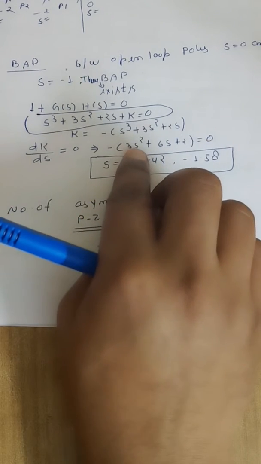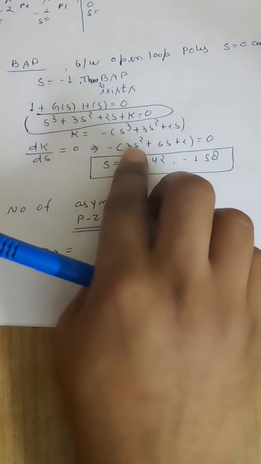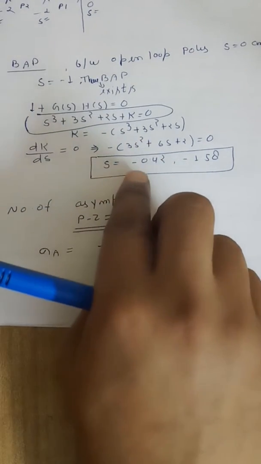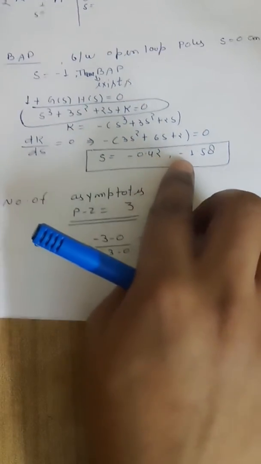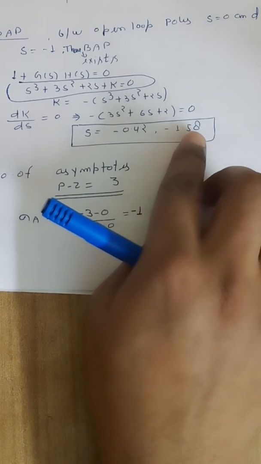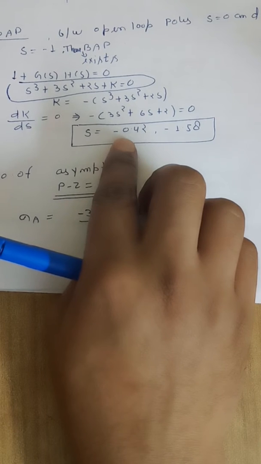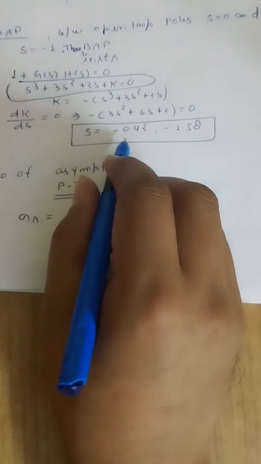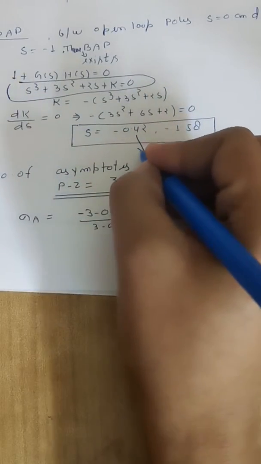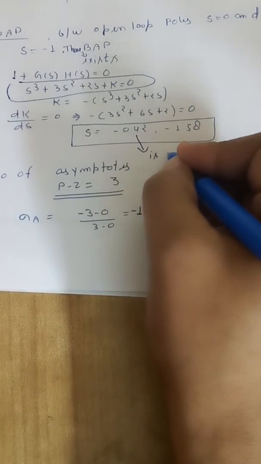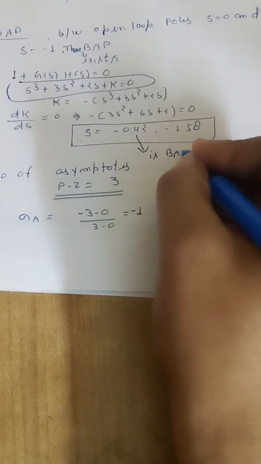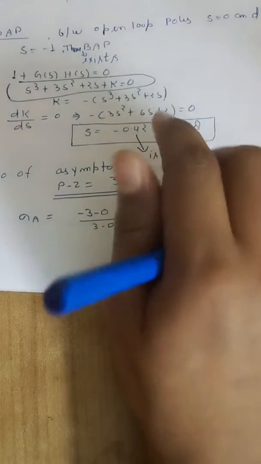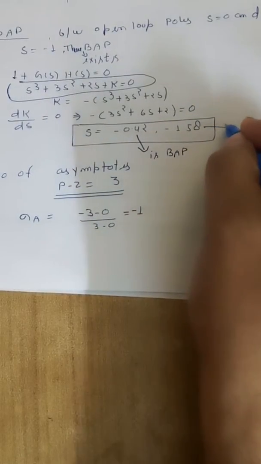यहाँ से आपको s की वैल्यू निकालनी है. वी हैव टू वैल्यूज फॉर s. फर्स्ट वन इज माइनस 0.42, सेकेंड वन इज माइनस 1.58. ऑलरेडी वी हैव डिसाइडेड breakaway point exists between s equal to 0 and s equal to minus 1. So minus 0.42 is a valid breakaway point. Minus 1.58 is not a breakaway point,